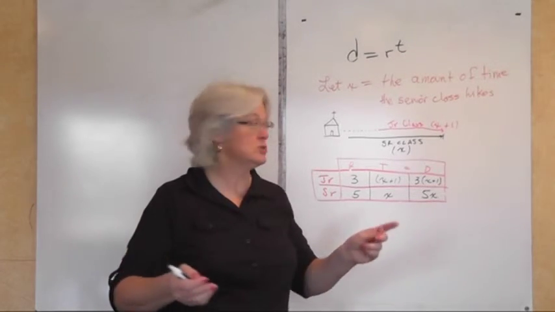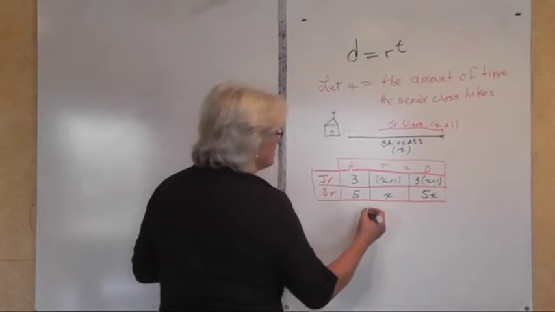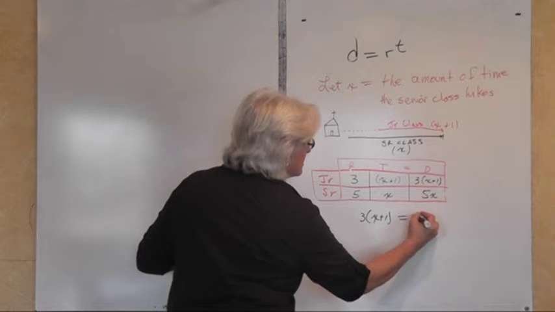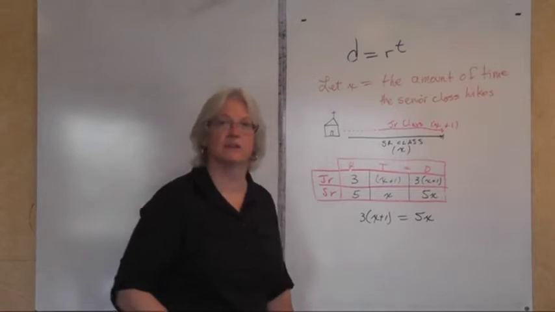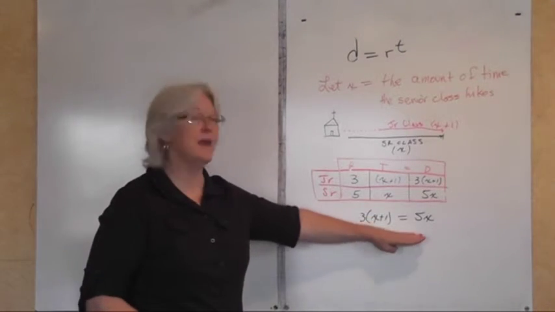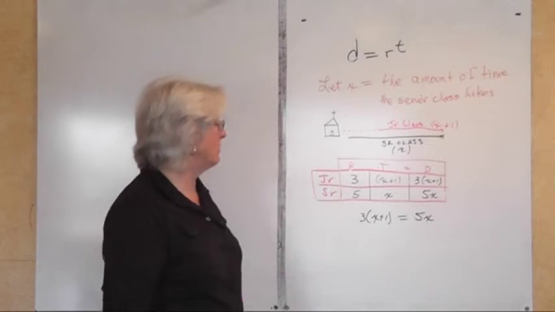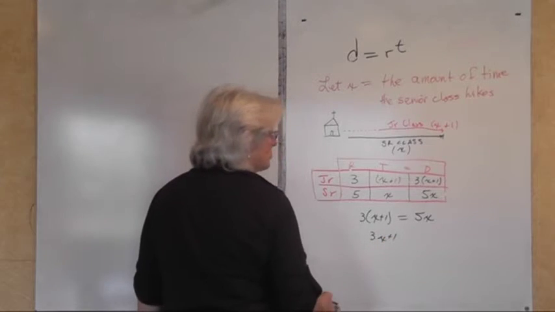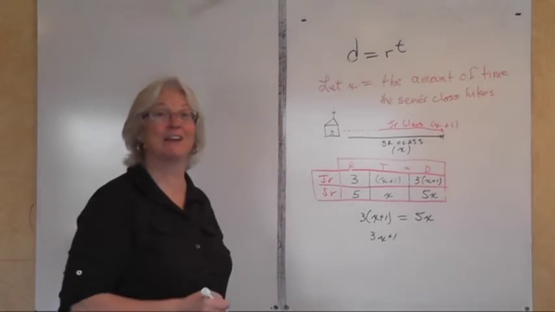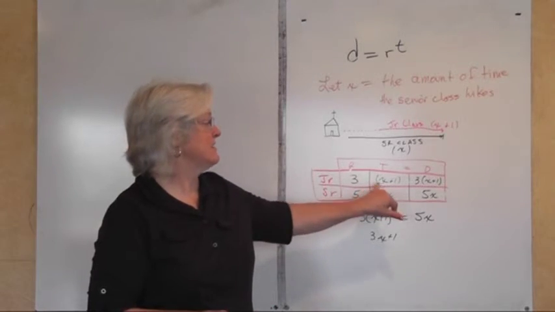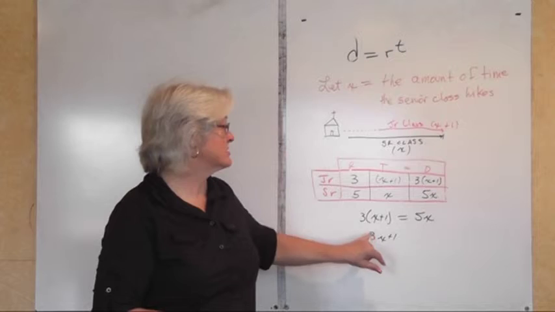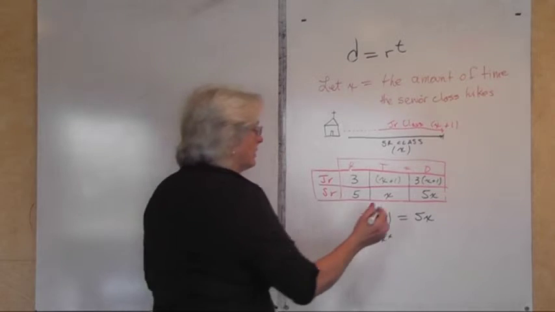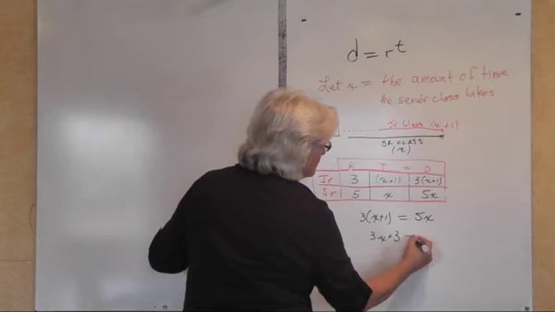Distances are equal. That means you can say the distance that the junior high class travels is the same as the distance that the senior high class travels. Now you have an equation that you can solve. We distribute and we have 3x plus 1. Haha, do we have 3x plus 1? Remember why I said to use parentheses? Because you have to distribute that. 3 times x is 3x plus 3 times 1 is 3